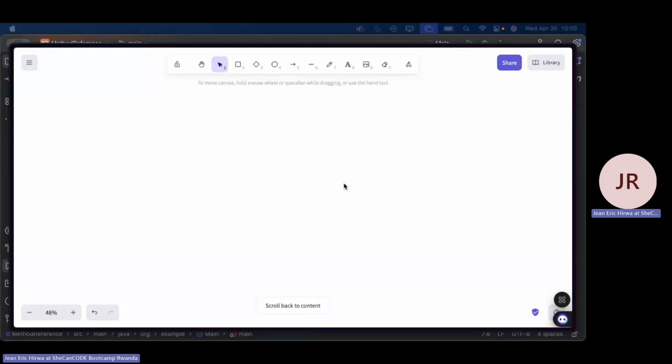Okay, so let's kick off our session. As for today, we are going to learn method references, building on top of what we had covered yesterday on how to use Lambda expressions. Today is going to be a more practical application of Lambda expressions. And we are also going to be taking Lambda expressions a step forward by transforming them into even